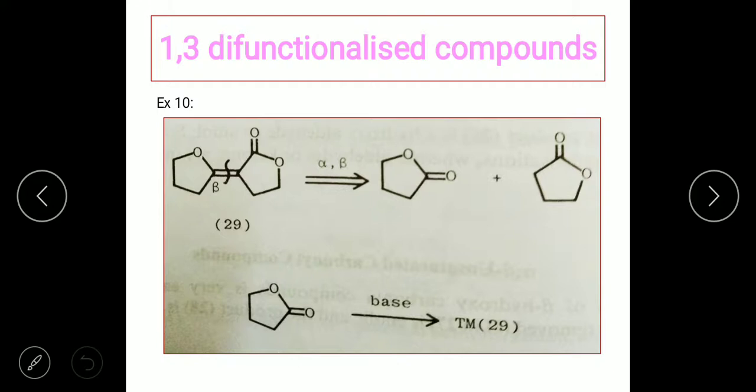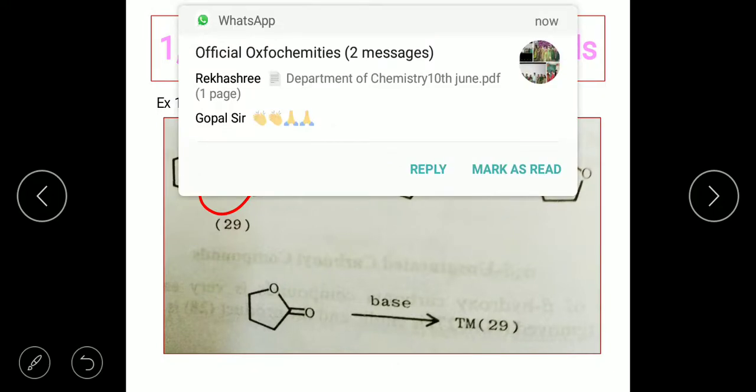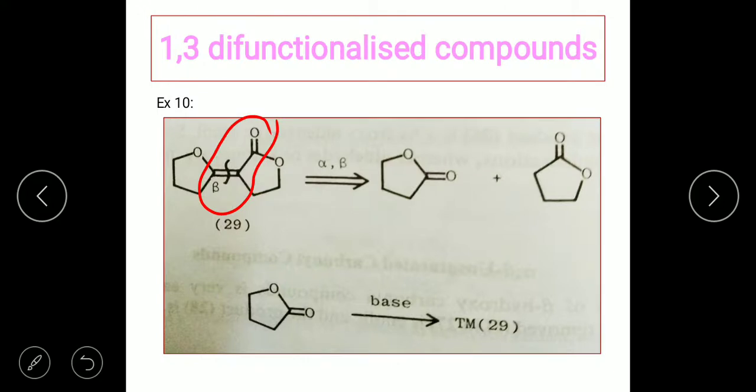Let's take one more example. Here again you can see there is an alpha beta unsaturated compound. So here also you are going to do the same disconnection. The other way of writing this is you can directly disconnect and write down two ketone groups. Okay, this also is possible. If not, you can do the FGI, write down dehydration, then write down the hydroxyl group and then do the disconnection. Even that is fine. So you're going to get the two synthons and this is the corresponding synthesis.